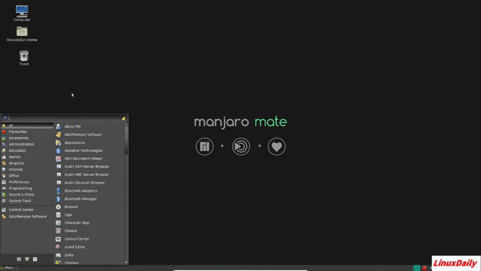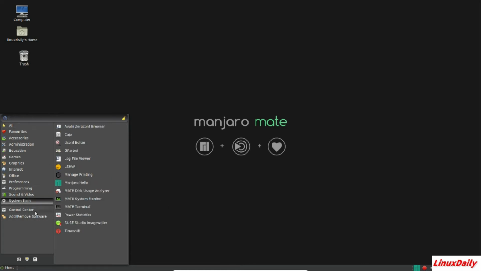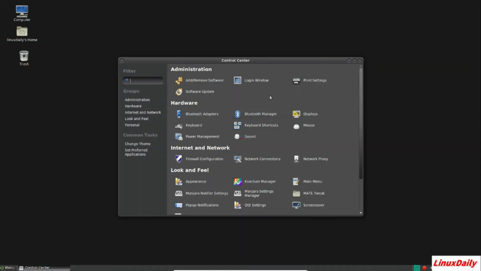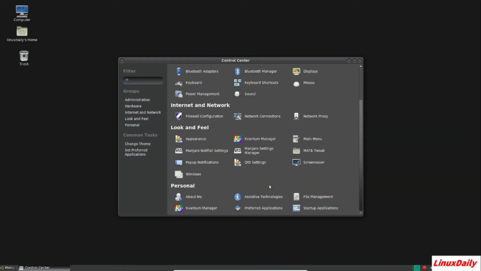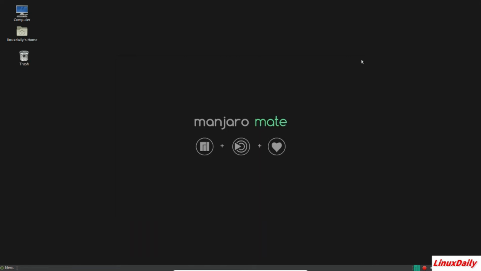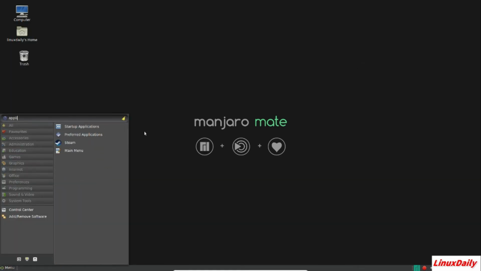But more distributions like Manjaro, the ones that aren't as easy to use, you would more than likely want to use the command line to update and install. But a lot of distributions like Elementary and Ubuntu and all those ones that are great for the new user, everything's right there on the application installer. Now I don't know if Manjaro has an application installer.